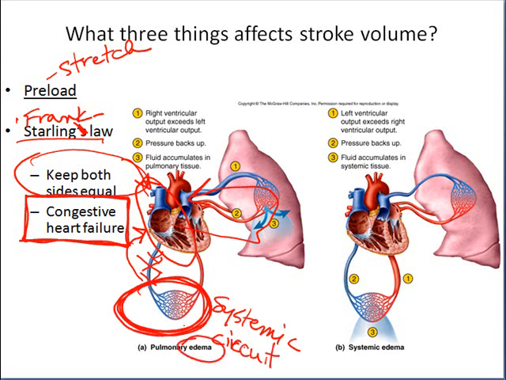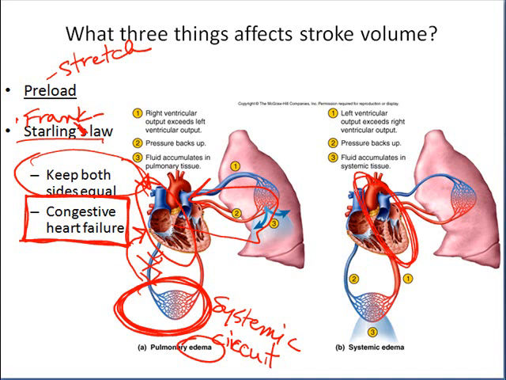You probably know that term, edema. Edema means accumulation of fluid in the tissues. So people with right side congestive heart failure, they tend to get fluid accumulation in places like their ankles, in their legs, etc. On the other hand, let's say it's the left side of the heart that isn't able to